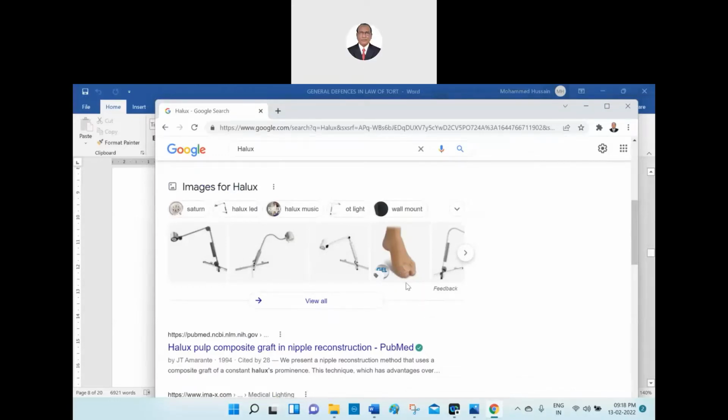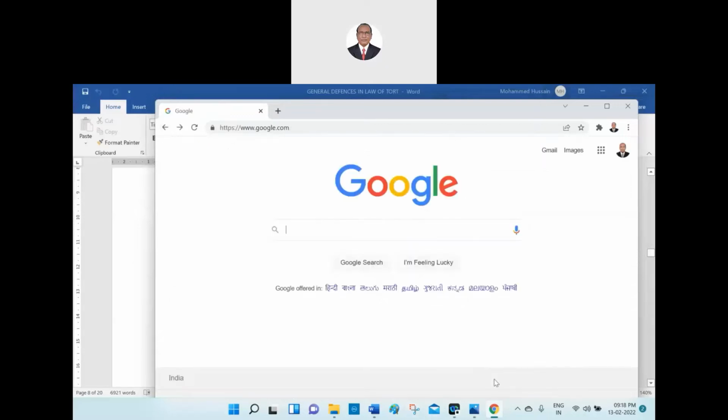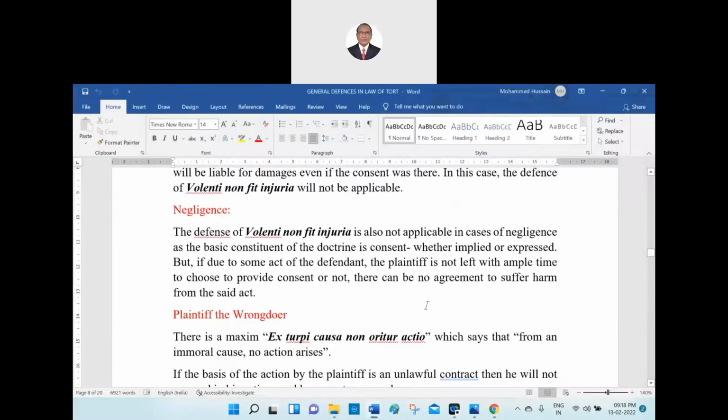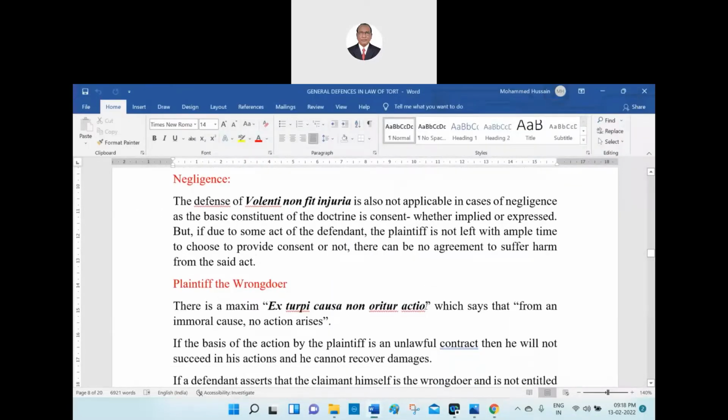Hallux means the big toe. If the big toe is chopped off in a coal mine, then the compensation is higher. Nobody would have such a contract in that way. Now, if the defense is there, voluntary non-fit injury is also not applicable in cases of negligence,